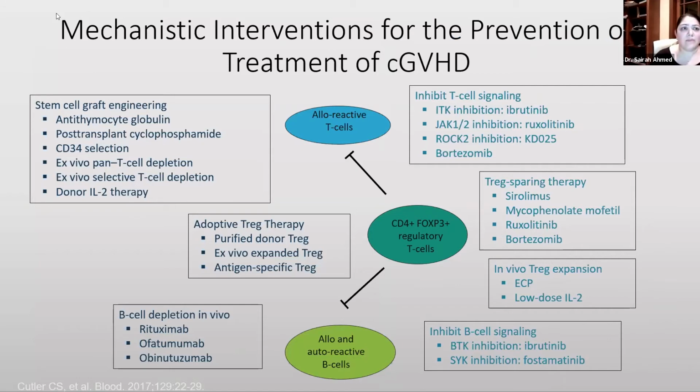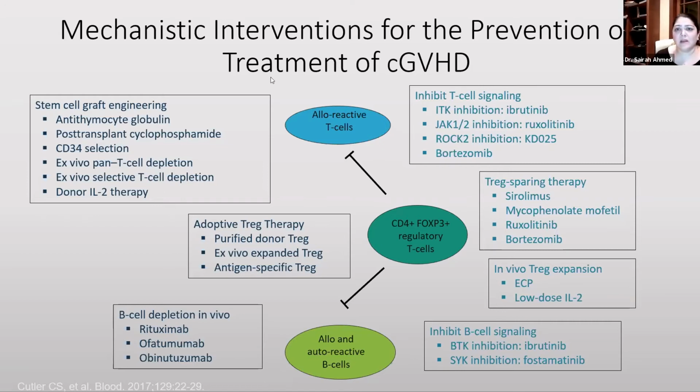So when we talk about the mechanisms to prevent GVHD as well as the treatment of chronic GVHD, again, we go back to how do you better engineer your stem cell graft or help prevent GVHD, and that can be with the addition of ATG, post-transplant cyclophosphamide, CD34 selection, ex vivo selective T-cell depletion, or donor IL-2 therapy. There has been some enthusiasm for adoptive T-regulatory therapy, and then B-cell depletion in vivo using rituximab, ofatumumab, obinutuzumab, which is not really shown to be as good of a way to prevent GVHD as was once